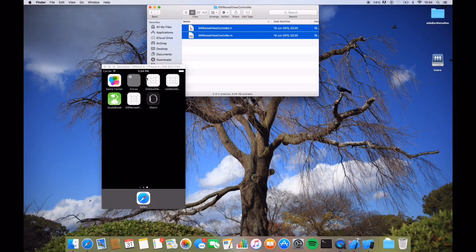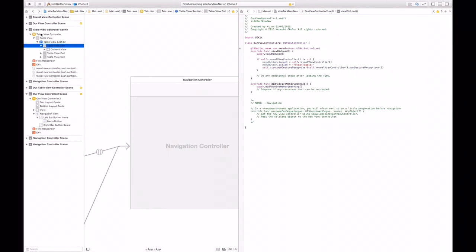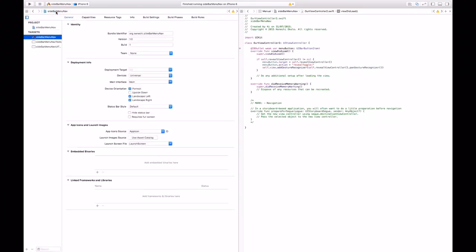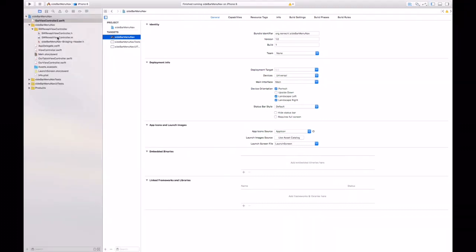Obviously, you can play around with this, change things. You can have as many menu items as you want. You can change how far this comes out. You can do that. In fact, I'll show you how to do that. If you want to change like the specifics of it, let's, no, sorry, this is not it. If you want to change the specifics, all you got to do is go to this,